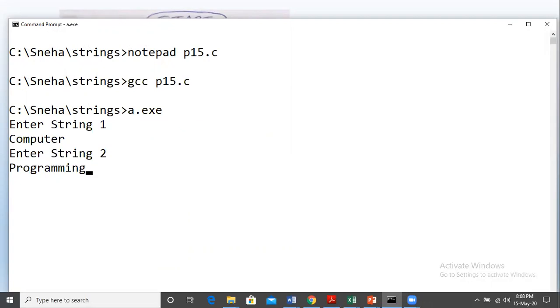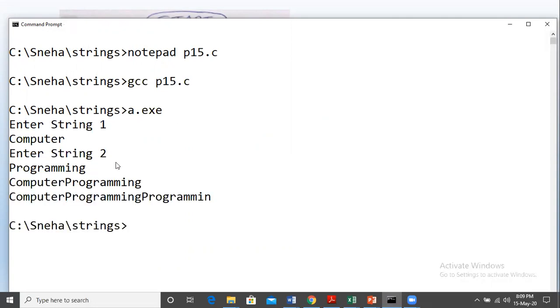So strcat should simply combine them together and string 1 should be printed as computer programming. Next, strncat should take only the first 10 letters of string 2 and append it to string 1. So that is what we can see. String 1 is computer and string 2 is programming.